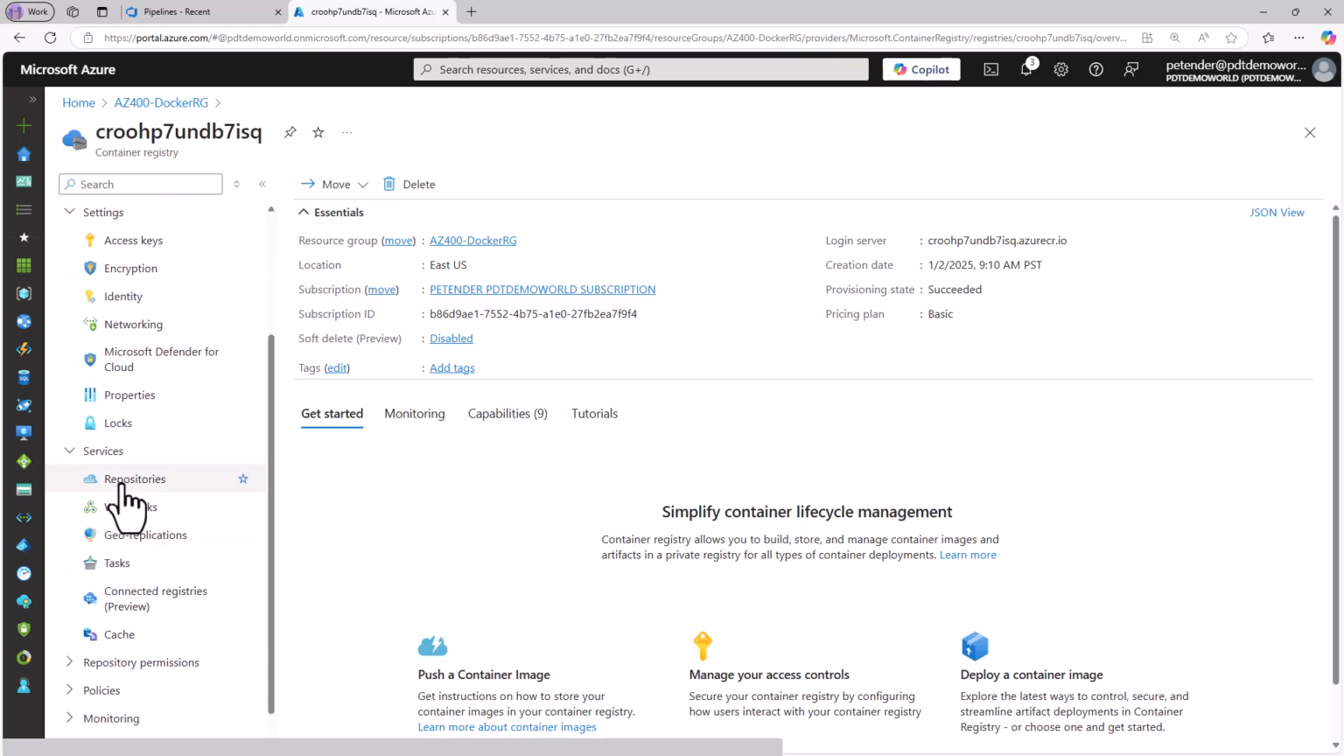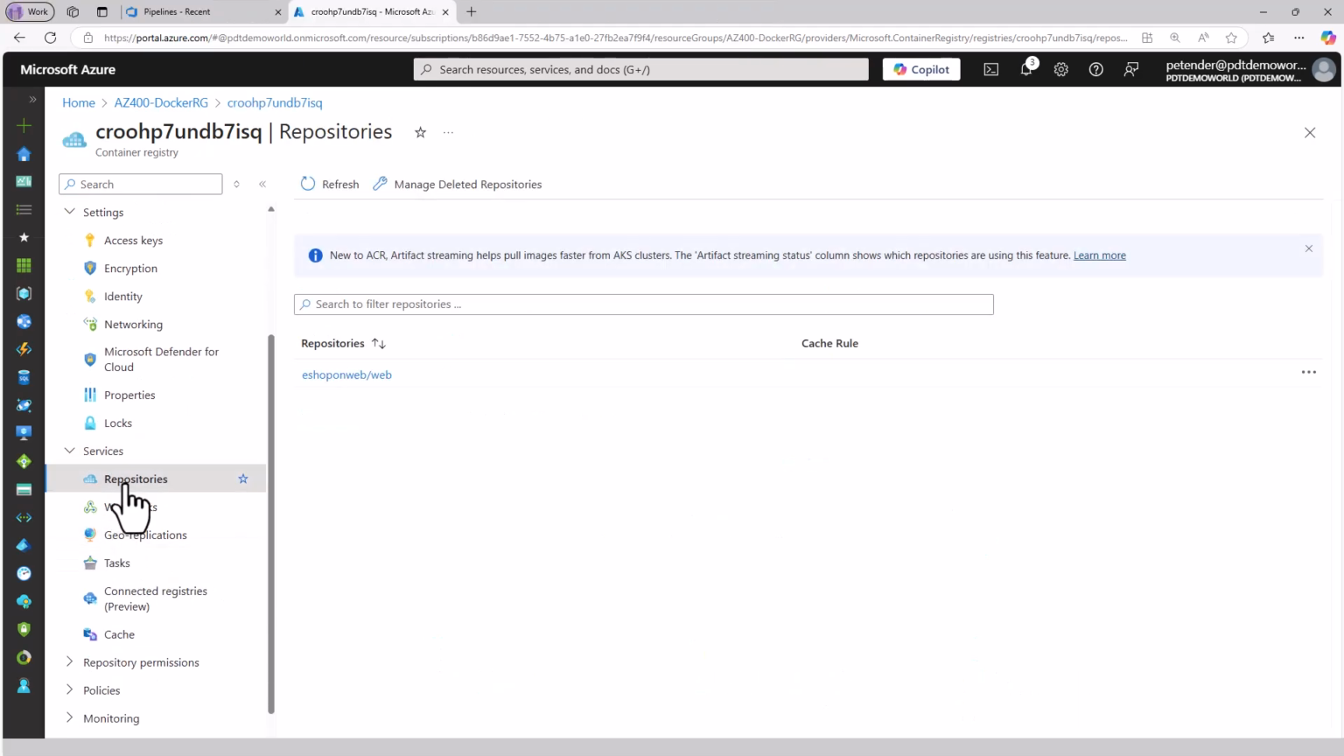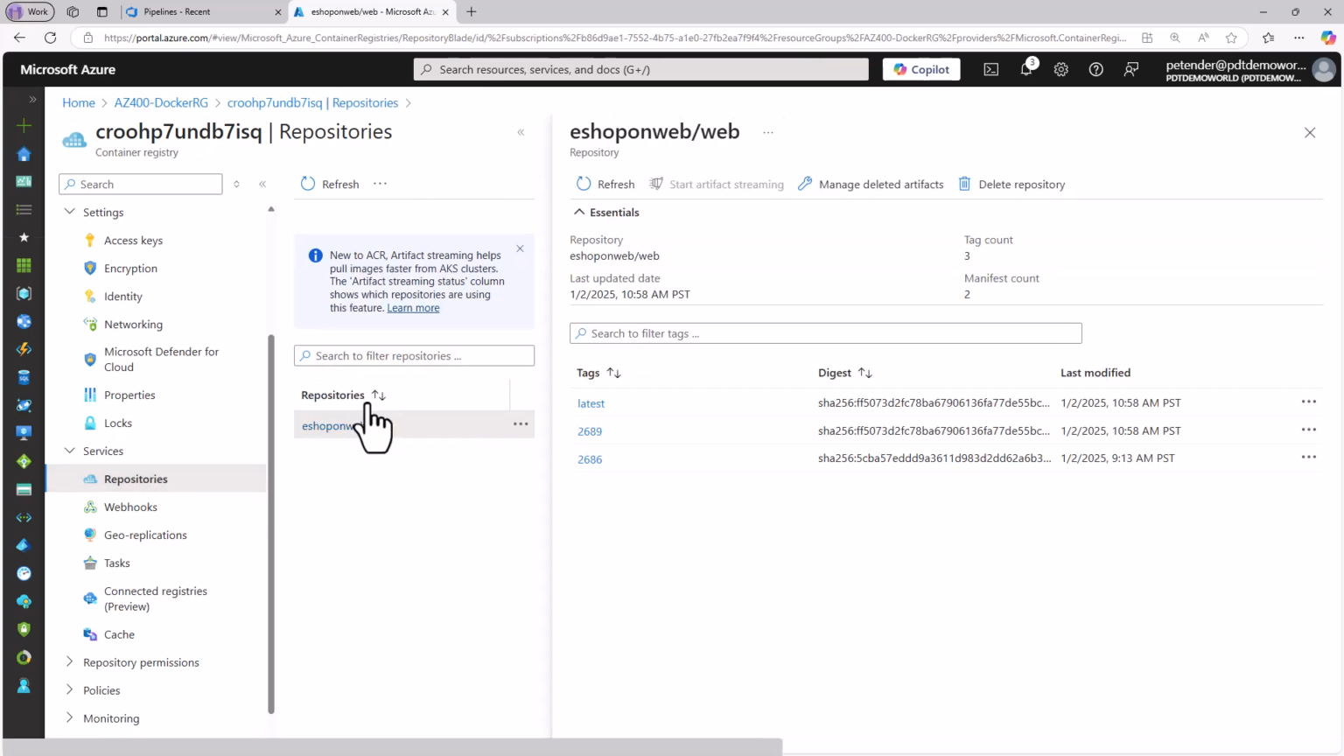Navigating to our container registry, opening up the repositories, you can see that we do have one repository called eShop on web, and within it we have different versions. So we have the latest, and for each and every unique build ID, like every single time we run the pipeline, it's going to create a unique tag for that specific container image. Remember, we specified to pick up the latest version of the Docker container image, which now means if I navigate to my web application,